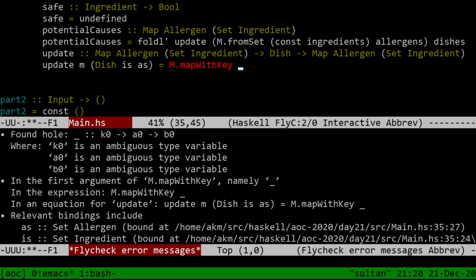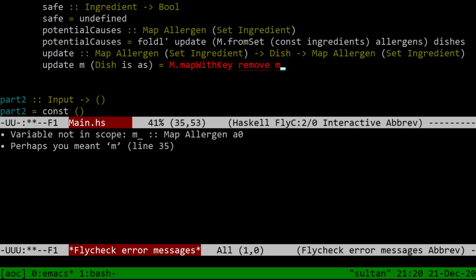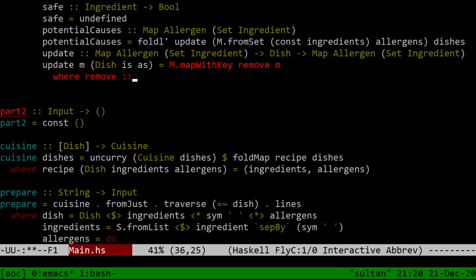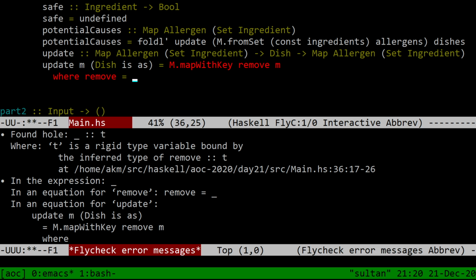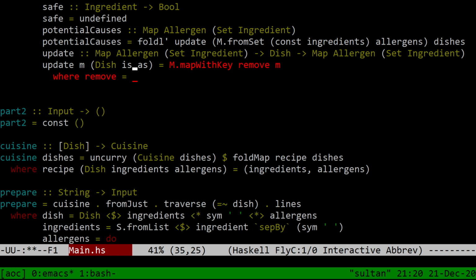And our function that we want to map, I'm sort of unclear on. We'll just call it remove, let's say, over m, where remove. So if I put a hole here, it tells me what type it should have, is that right? No. I'm a little annoyed about that. I thought it would figure out from the fact that I'm using it here what type it must have. Anyway, remove